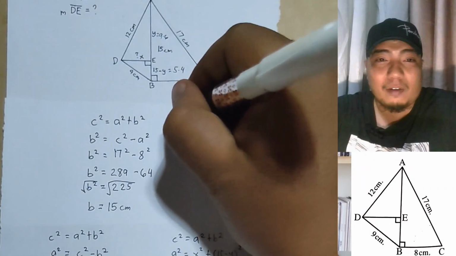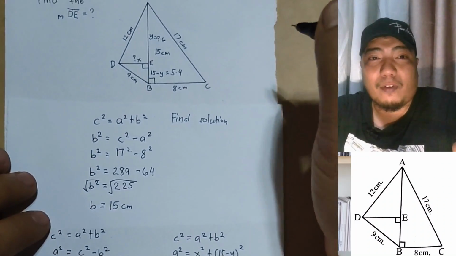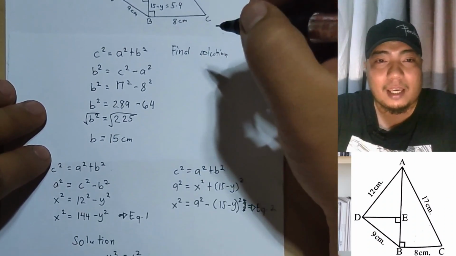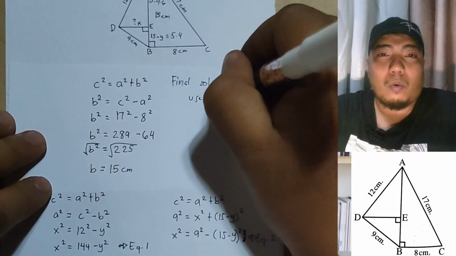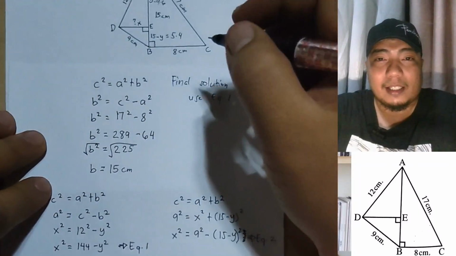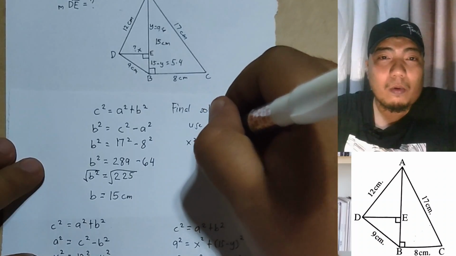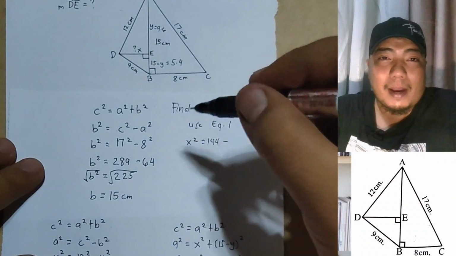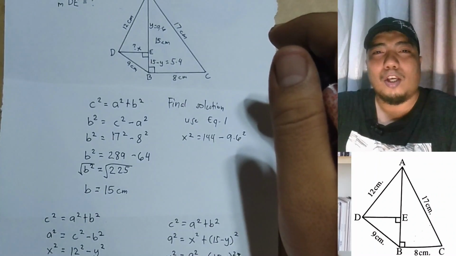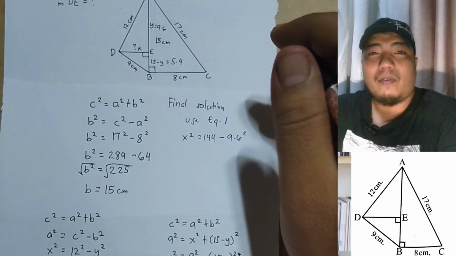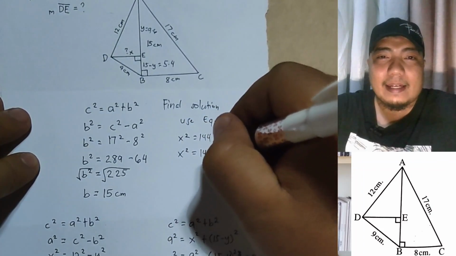And you can apply that to either of the two equations that we had earlier. So we will try to solve it using the first equation, and that first equation is x squared is equal to 144 minus y squared. So our x squared is still unknown, and our 144 will be brought down, and then minus our y, which is 9.6, so that would be 9.6 squared. Okay, so x squared is equal to 144 minus 9.6 squared, and if we simplify 9.6 squared,